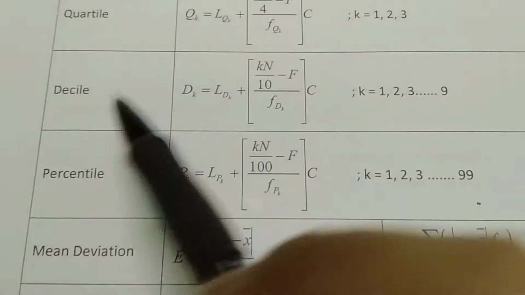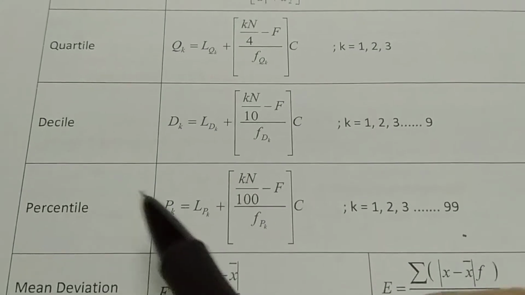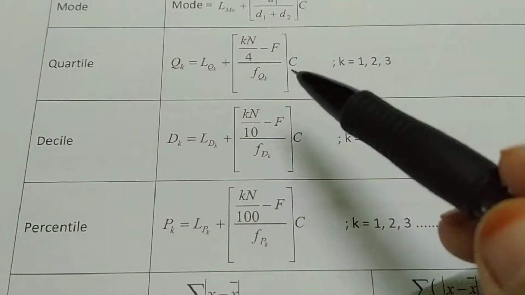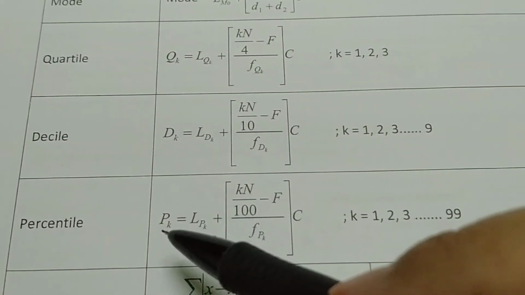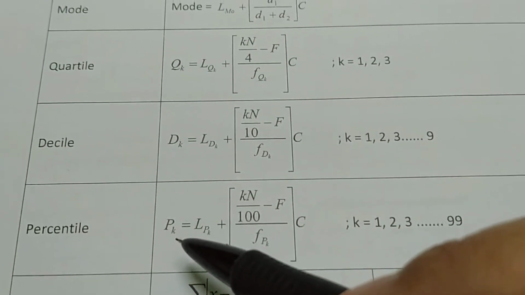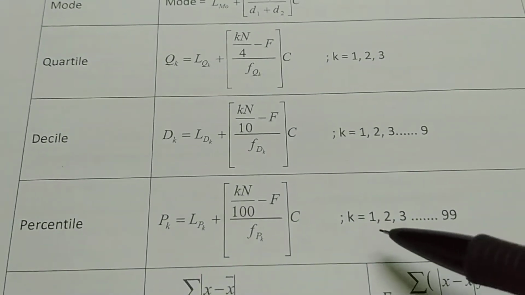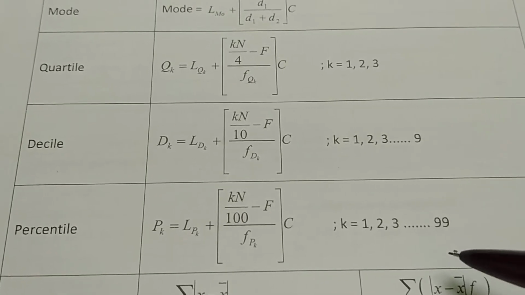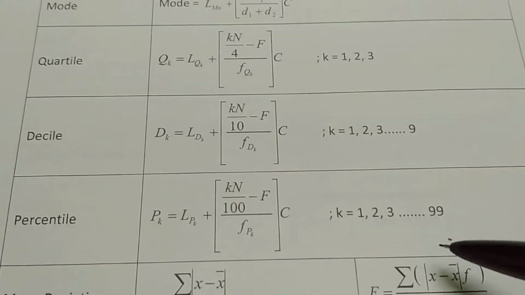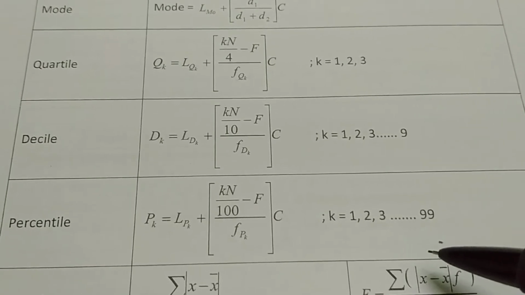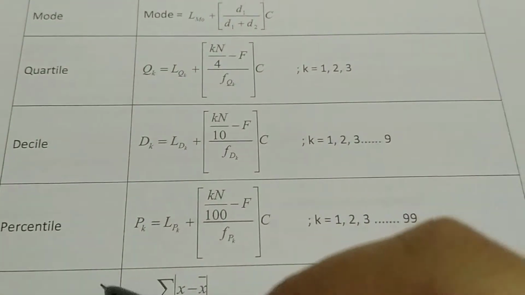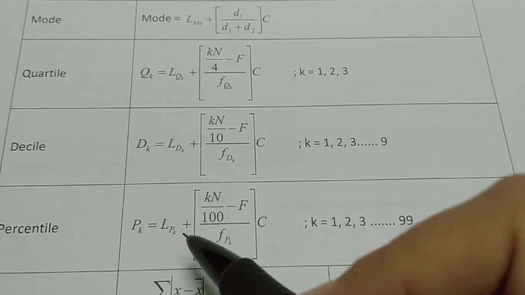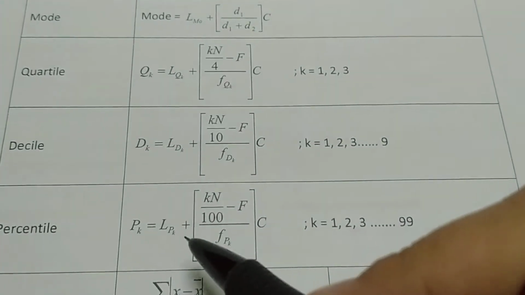The last one is the percentile. The formula for the percentile is also similar to quartile and decile, and the notation is PK. K is from 1 until 99. For example, the question asks us to calculate the 80th percentile. So that means we must find P80. So our K is 80, and we substitute K is 80. So the formula is